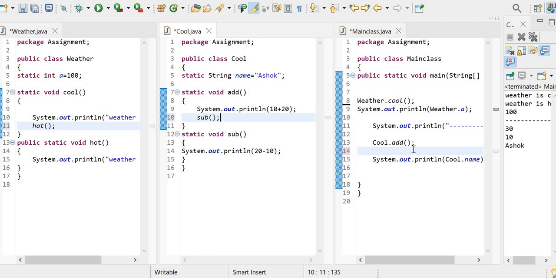Next I am calling which method? Add method, which will be present in which class? Cool class. From the add method I will call the sub method. Sub method is also present in the same class, so you can access it directly, or else you can access it by using class name dot method name inside the same class also,